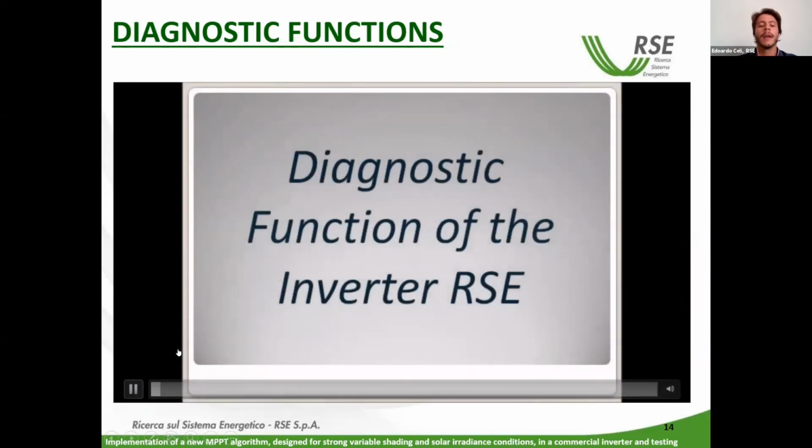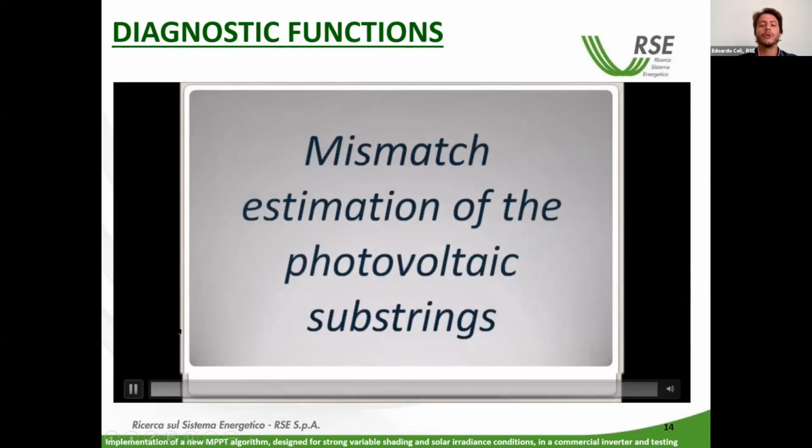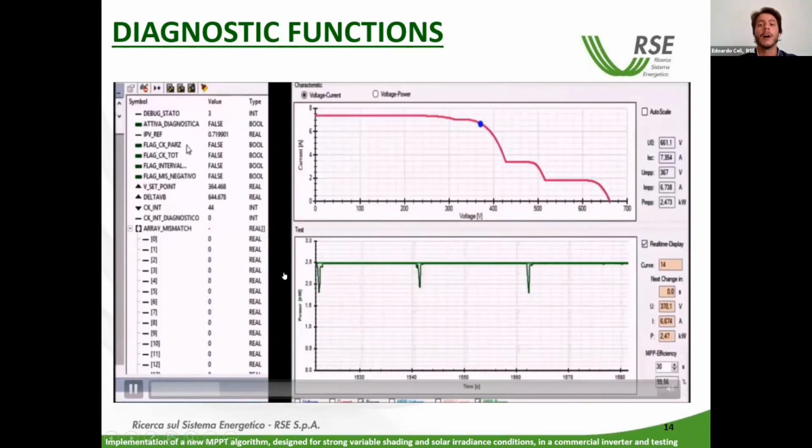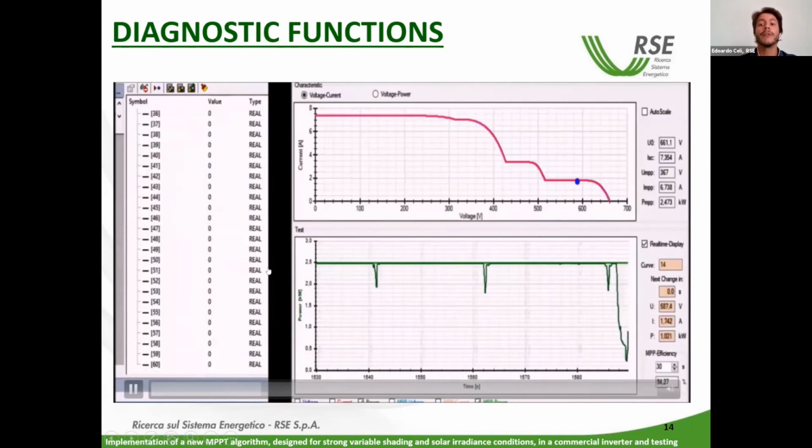Before concluding, I want to show you one of the diagnostic functions we implemented in the firmware of the inverter. It is useful to estimate the mismatch of the photovoltaic substrings of the PV system. Indeed, the RSE BDF inverter is able to perform an IV curve sweep in order to